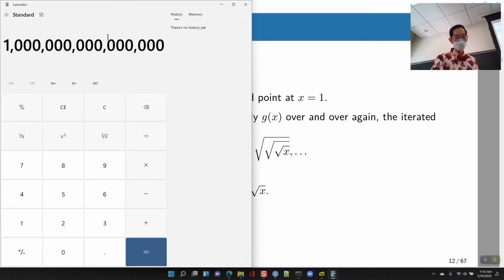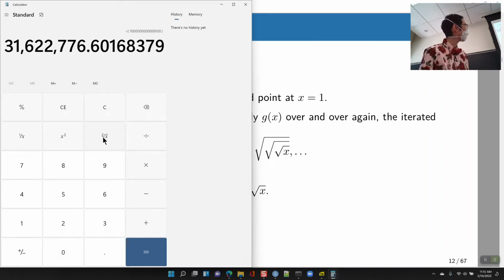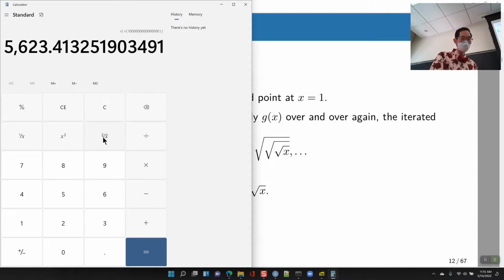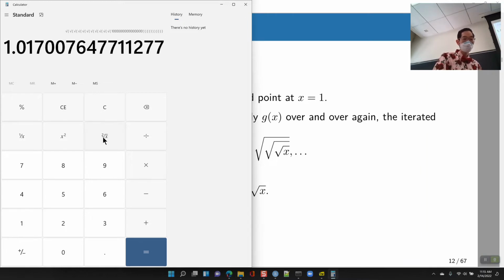Okay, so here's a big number. All right, we'll take the square root of that. I get 31 million, something around there. Square root of 31 million, 5,600. Square root of that, 74.98. Square root of that, 8.659. Square root of that, 2.94. Square root of that, 1.71, 1.3, 1.14. And I can keep taking the square root, and we're going to get something closer and closer and closer to